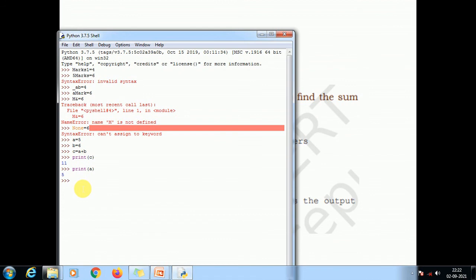Let's make a program for finding the area of a rectangle. The formula for finding the area is length into breadth. So first let us make it length. Length is equal to, assign any value, that is 10. Then breadth is equal to 12. Then area is equal to length times breadth. See, now the result comes out to be 120. So like this you can make a program for finding the average of three numbers, or for finding the perimeter of